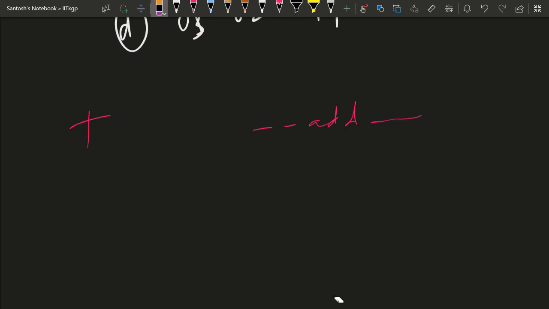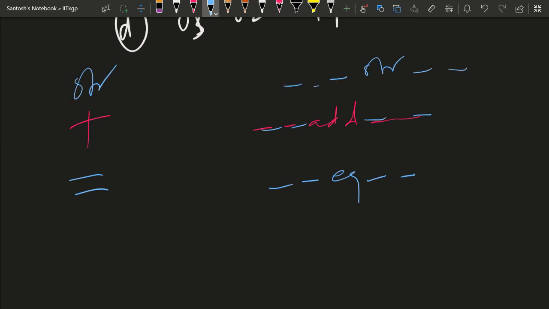For equality, there is a special way of writing: __eq__. We'll use it in the next chapter, I'm just telling. Like for str, you have __str__.